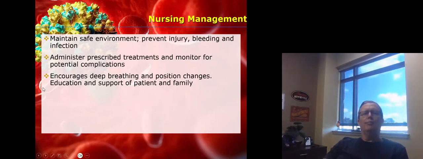We're going to be monitoring for complications. We're going to be monitoring stool for continued presence of blood. Obviously, if they've had hematemesis, we're going to be monitoring for nausea and vomiting, and encouraging deep breathing, position changes, mobility, ambulation, all of those normal things that we would do